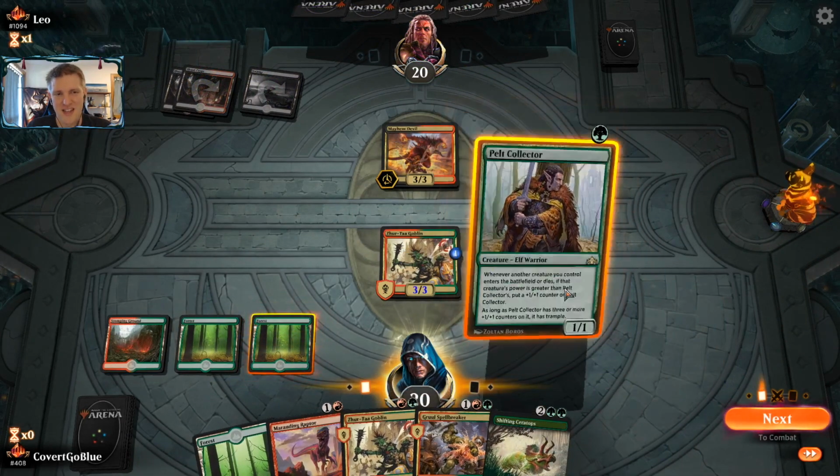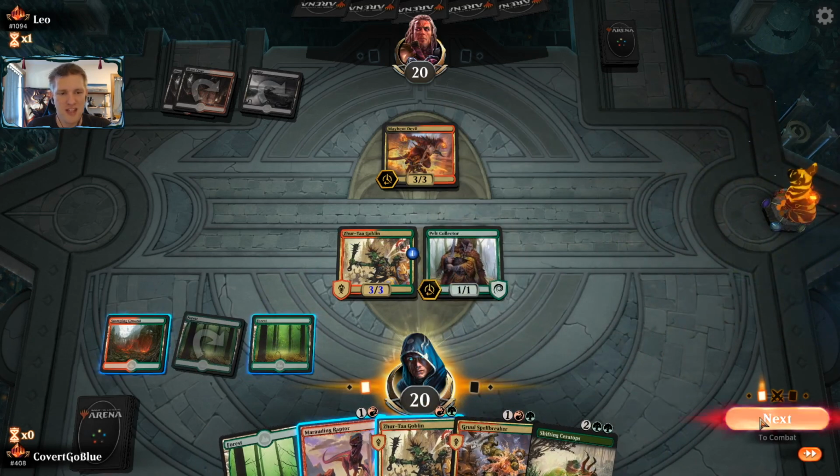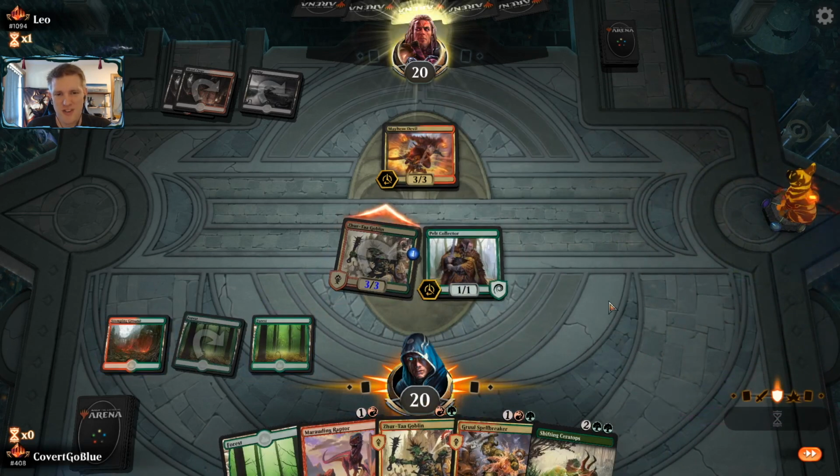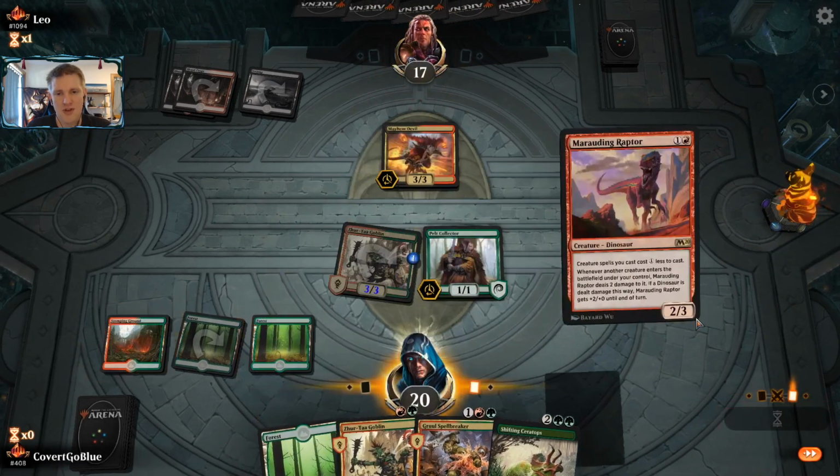Let's collect them pelts. We want to put the Pelt Collector down first in case the opponent wants to trade for some reason with this Goblin. Of course they don't, but...